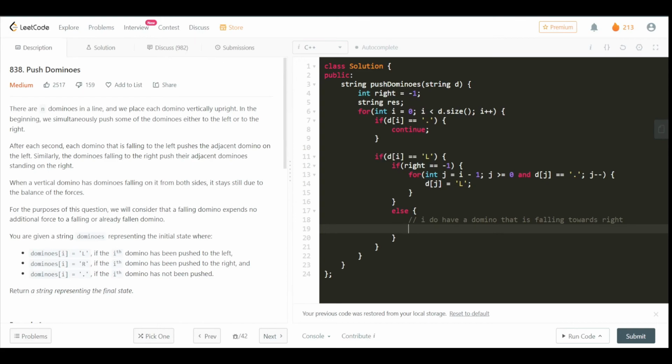What I need to do is run a for loop in which I move through all the indices between these two dominoes, and I fill them up according to the values. The values that are closer to the ones will contain the same value, and the ones in between will actually remain stable. So that can be written as